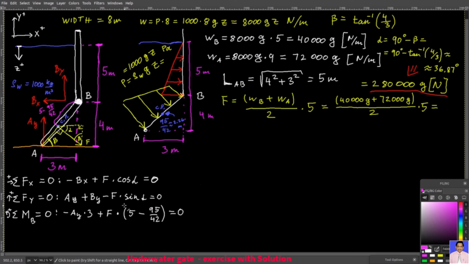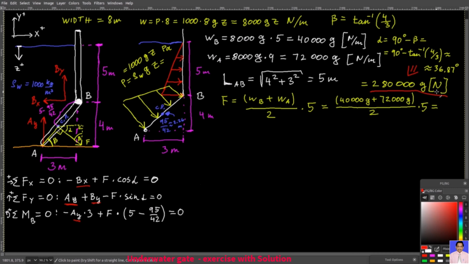Note that for this moment, I did not have to decompose this force vector. That's because I had a moment arm from this force till this point B right away. You see that this distance along the gate is perpendicular to the force. And now I have 3 equations and 3 unknowns, Bx, By, and Ay, which you also have here. You know what your force is. It's this one here,